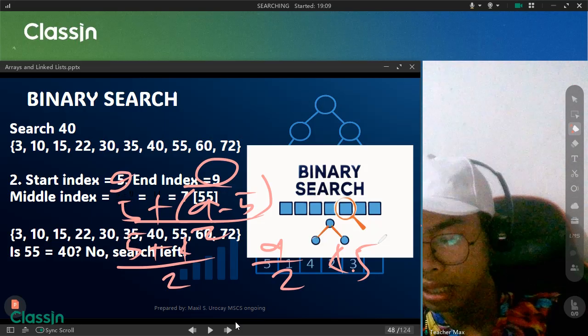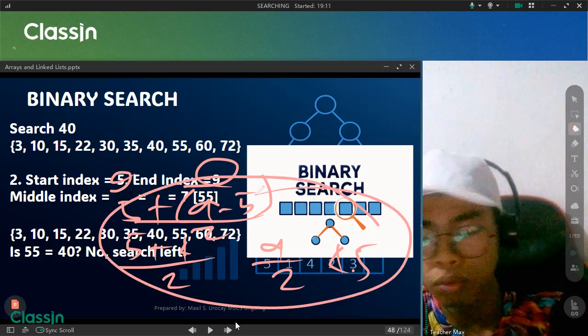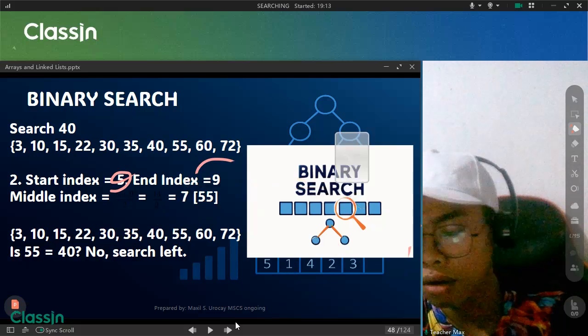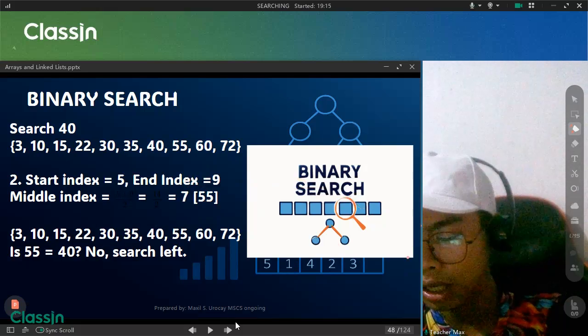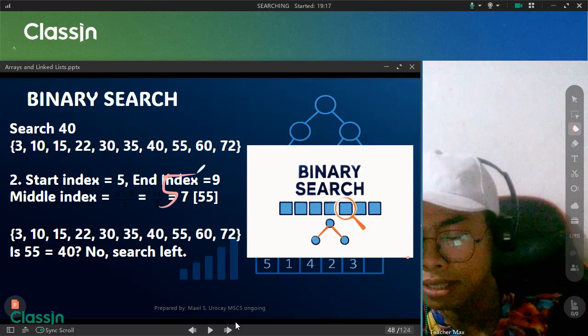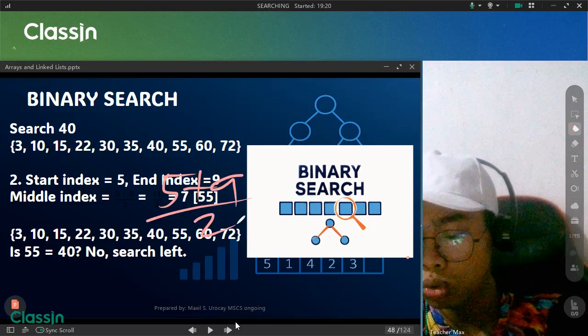That's how you calculate through the code we had earlier. But as a shortcut, it will become 5 plus 9 over 2, which is 14 divided by 2, which is 7.